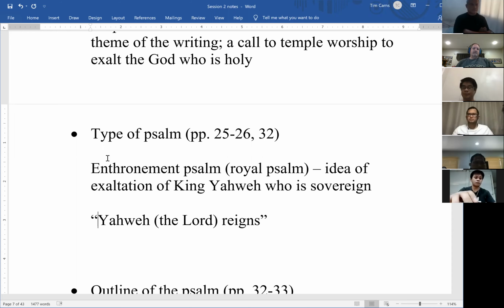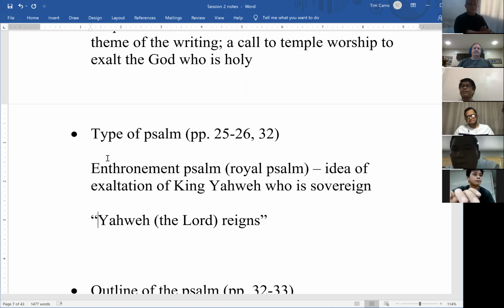Now, some people combine these together: the enthronement psalm, a royal psalm, a messianic psalm. Some people connect these. I tend to see some distinctions. For example, a messianic psalm is talking about a king, but its focus is on a particular king, the Messiah. Whereas an enthronement psalm focuses on Yahweh, God as king. And we know, of course, the Messiah is the Son of God, but there's still in the Psalms a distinct focus, a difference between those two.